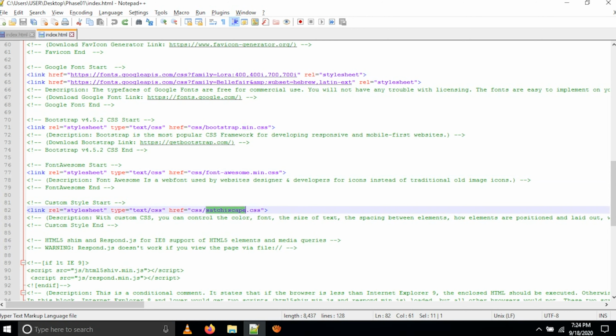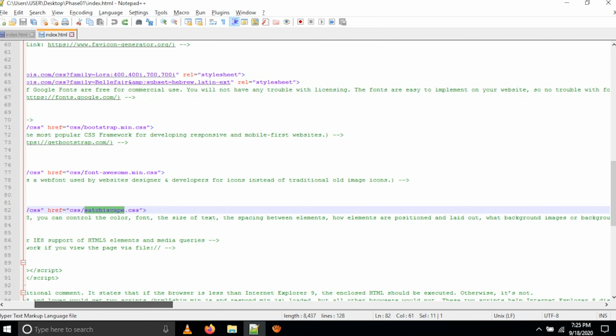This is custom CSS. I have written sachescape.css. With this custom CSS you can control your font size, text, spacing between elements, how elements are positioned and laid out. It's all about your custom CSS.